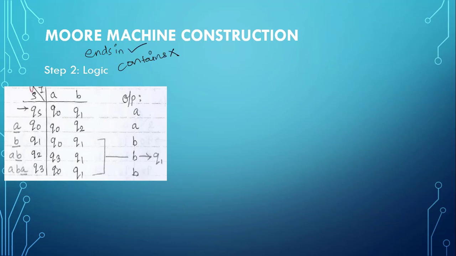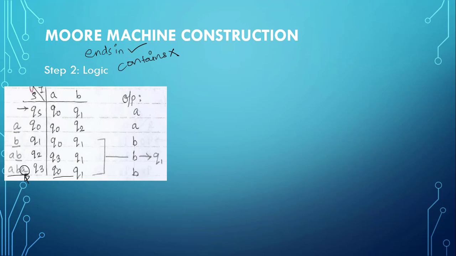That means once it finds the first occurrence of ABA, we will not stay in the same state till the end of the input string. Instead, we will go back and start finding ABA again in the given input string. So here from QS, we will go to Q0 and Q1, as those are the two states representing A and AB. We have Q2 representing AB and Q3 as ABA. Here each state is associated with an output, because at Q3, when it reaches the substring ABA, we have to change the third symbol, that is A, to B.